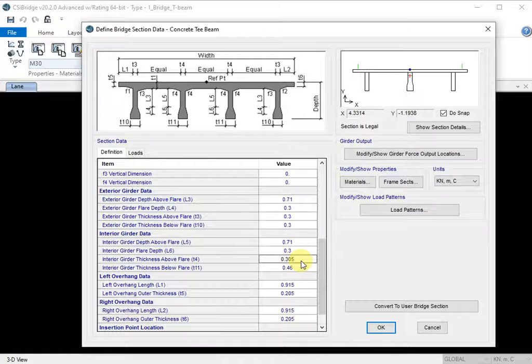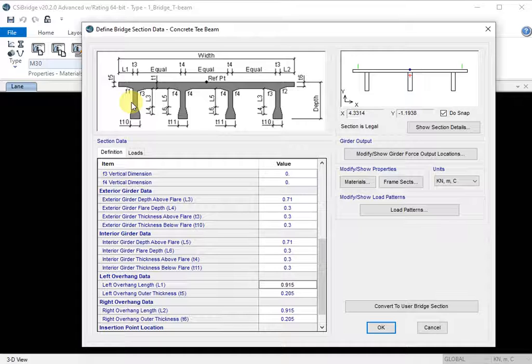Left overhang data: this is L1. L1 we have taken as in the problem. The left overhang is not 600; if you take this entire one, it is 1.85, minus 0.15, that is 0.3 by 2.